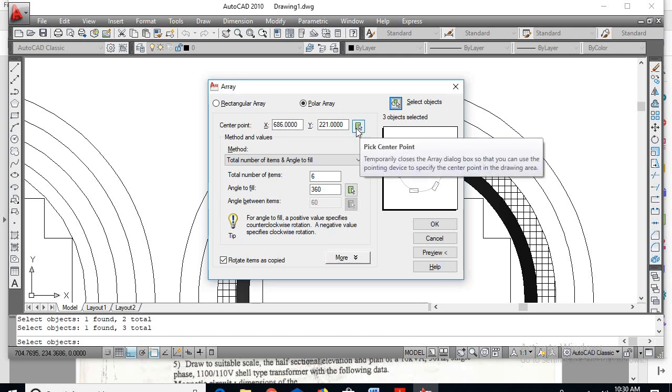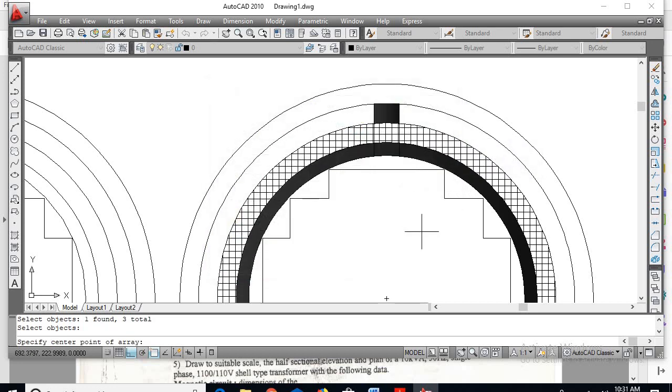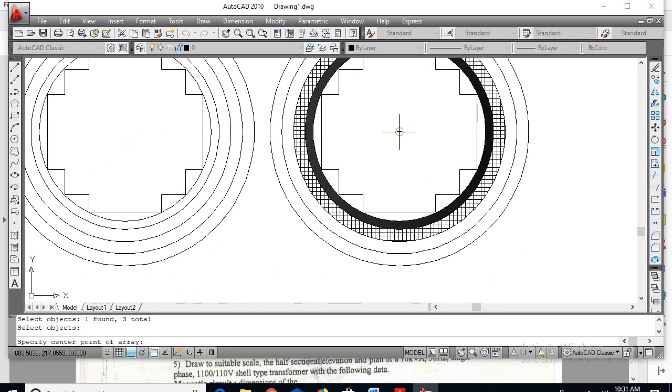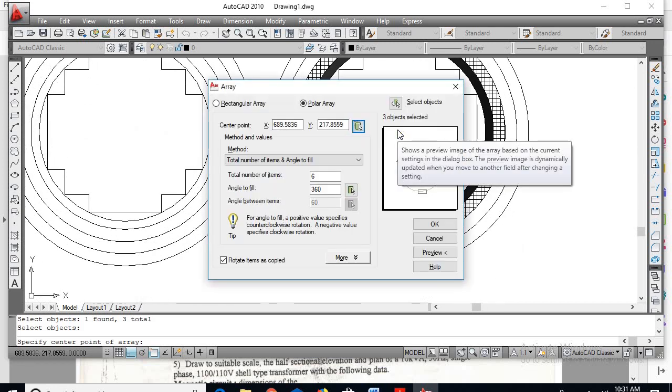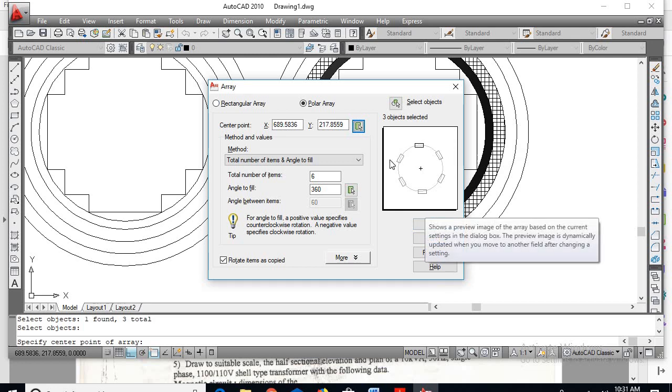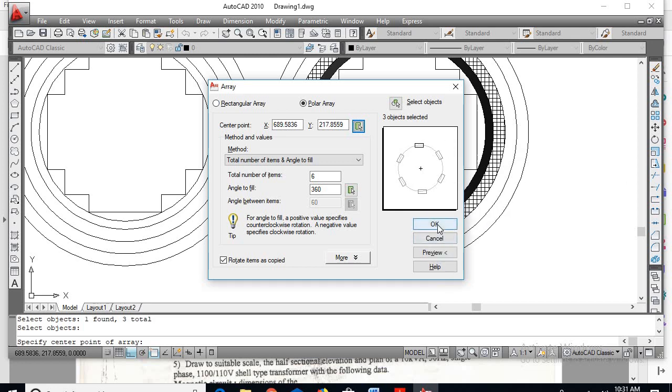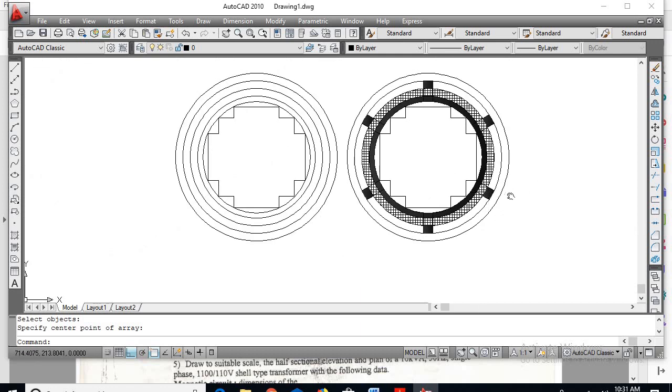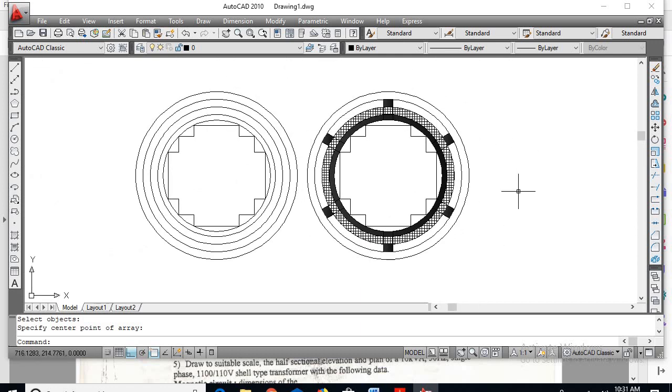So here it will be 360 degrees. So here x and y axis, pick center point. So here pick the center point of the circle, and now say OK. You can see the picture how it will be looking here. Okay, and say OK. So now all 6 ducts will be framed.